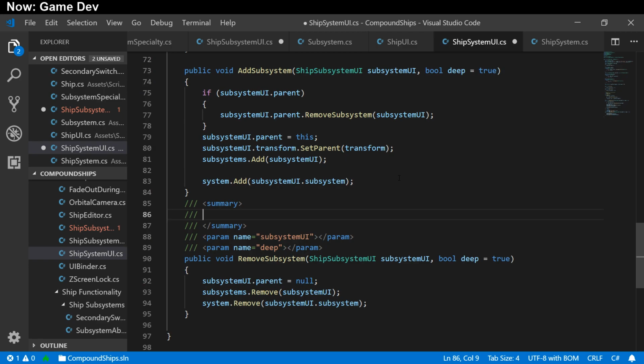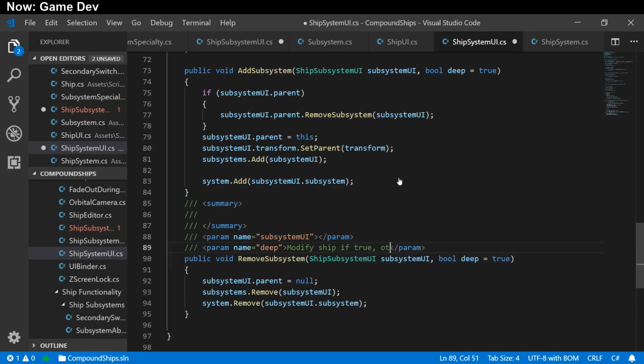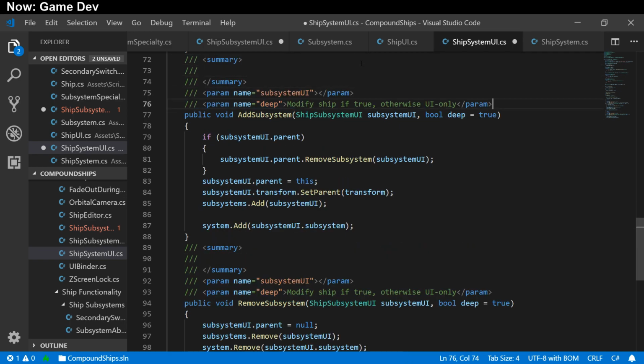And we're going to go ahead and add in some comments. Modify ship if true, otherwise UI only. If deep,